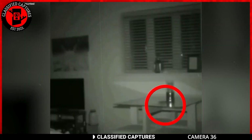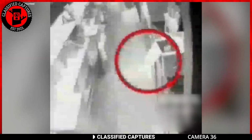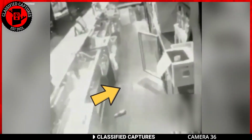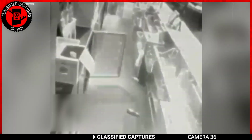In the spooky confines of what was once a cozy cafe, a malevolent presence materializes with malevolence swirling in the air. Security cameras, once the silent observers of mundane activities, now capture a scene that defies explanation. As the footage unfolds, refrigerators burst open one by one, their contents clattering to the floor with an ominous, unnatural